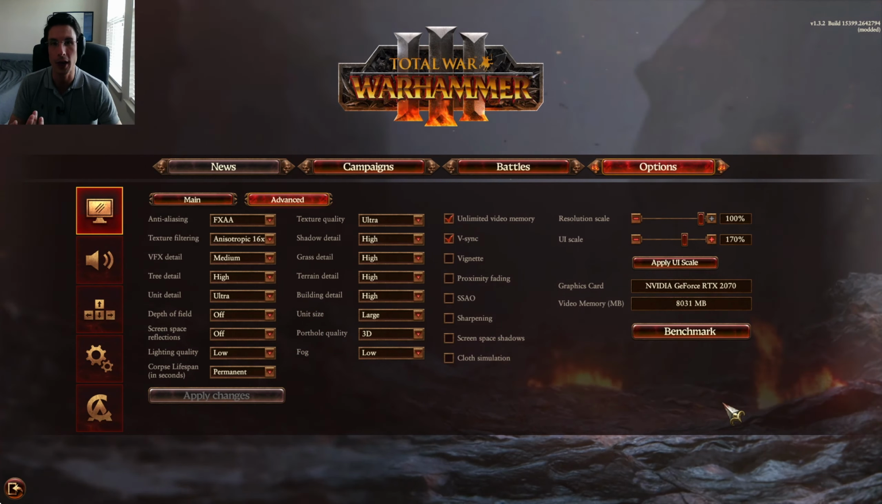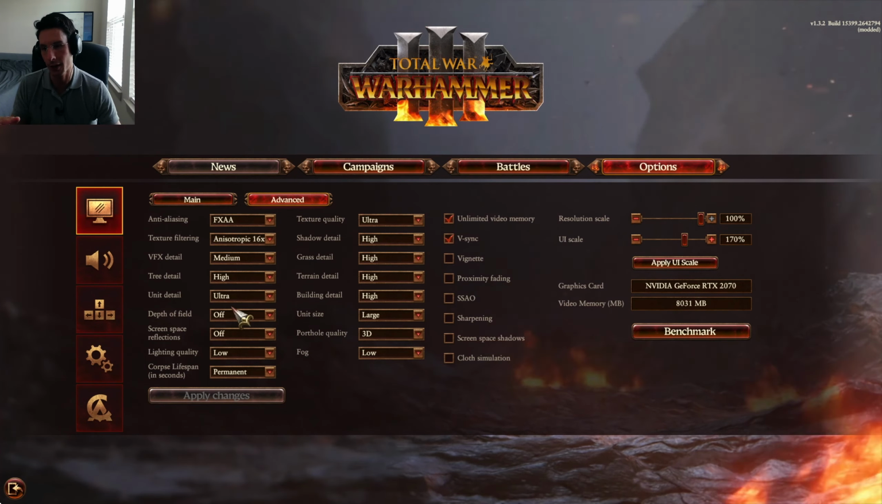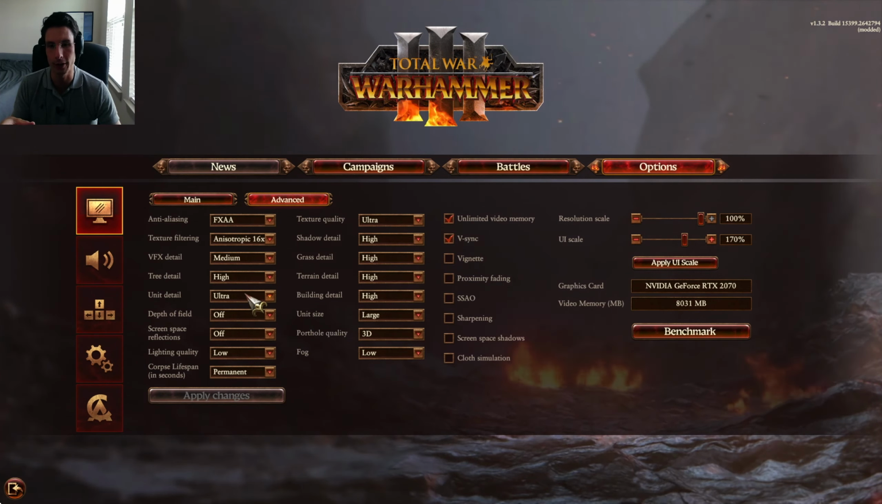I still prefer to do a large unit size rather than ultra though, because it does become taxing in other ways as well. So you can see here I have a mix of settings. I've got unit detail in ultra, very important to me, textures in ultra. If you're struggling,